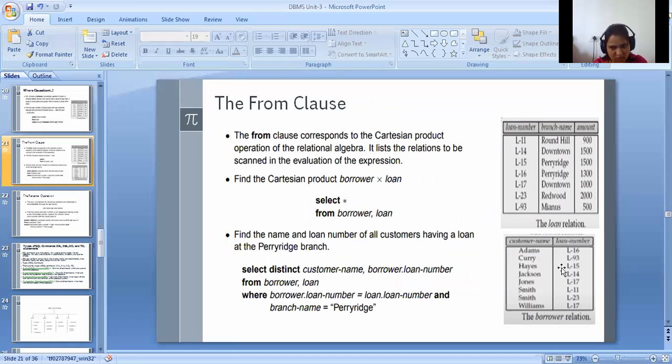So to distinguish which loan number record we are using, that's why we are using the dot operator. Are you getting it, students, or am I fast? See over here carefully. There are two tables, the loan relation and the borrower relation, and the common attribute in these two tables is the loan number. The loan number attribute is available in the loan relation as well as the borrower relation.